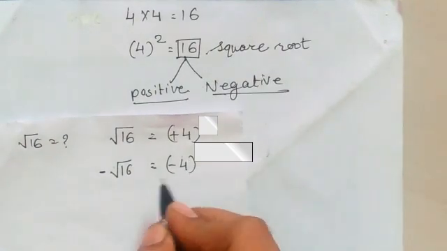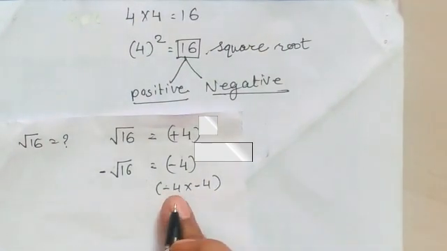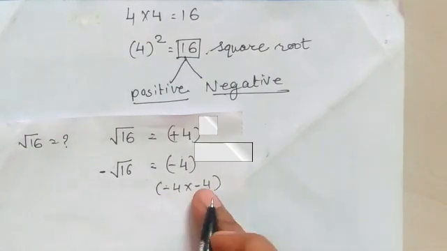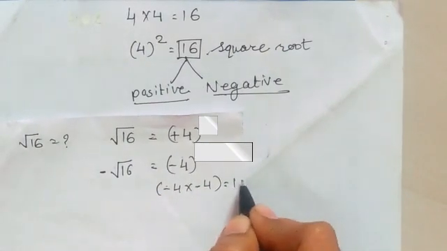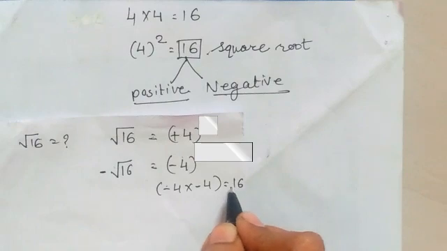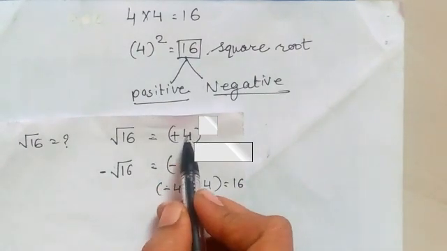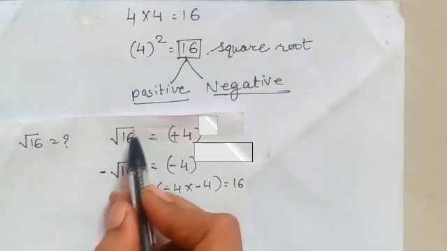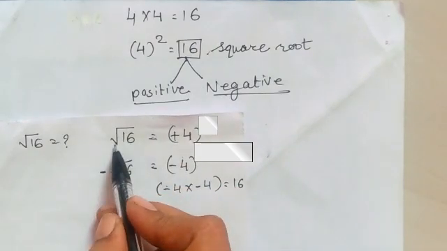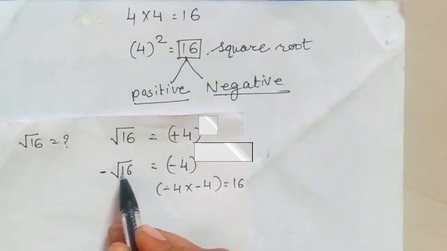As we know, square means the multiplication of that number two times. So negative 4 into negative 4, 4 fours are 16. So the answer will be 16. Multiplication of two negative numbers gives a positive sign. But here in the case of square, the positive 4, its square is 16 only, and we can write it in this way. But if negative 4 is squared, then the answer is positive.